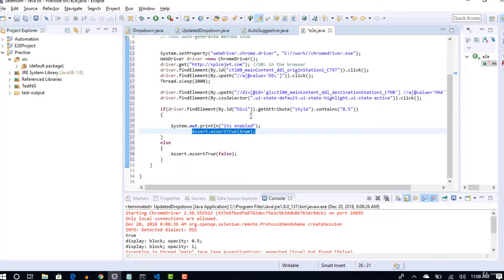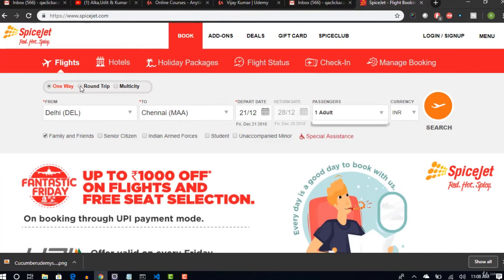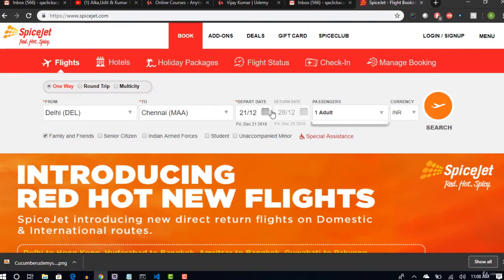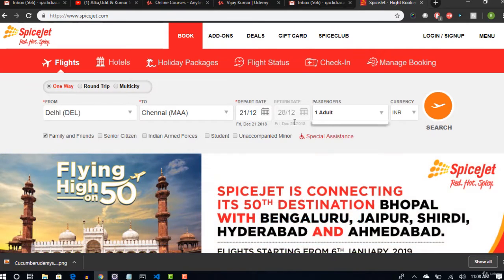But in our case, we are not going to select round trip, so it should be disabled by default. If it is enabled, then it should return failure, isn't it? Because we are not selecting round trip, so if it is enabled even without selecting round trip, then there's a bug, right?